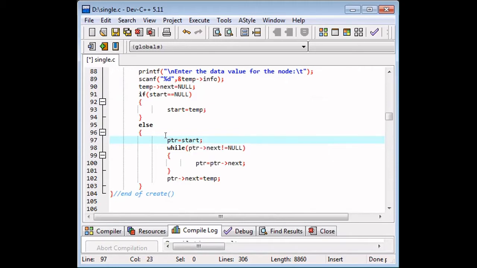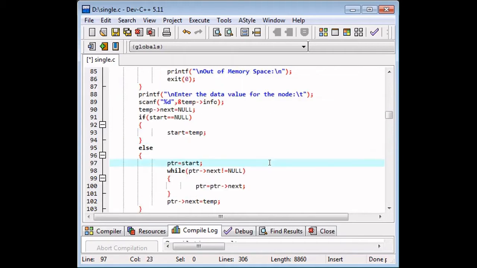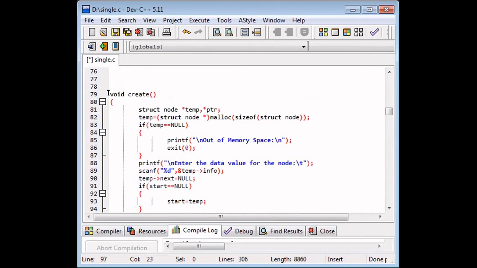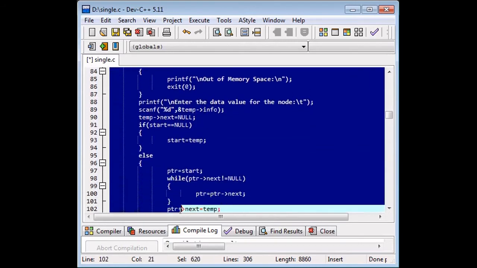That address will be assigned to PTR, and you need to check whether PTR of next is null. If it's not null, you will shift to the next PTR, and like that we keep creating a node. So this is a function which we use to create a node.